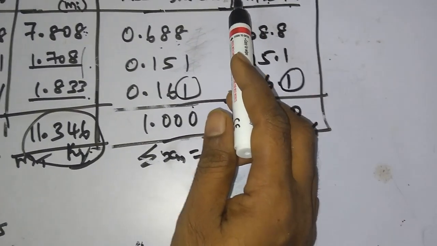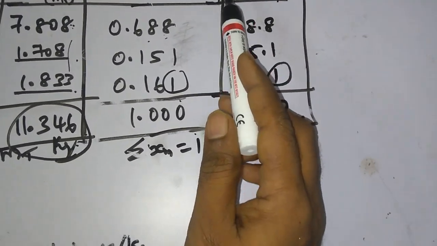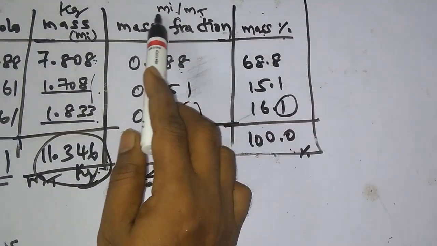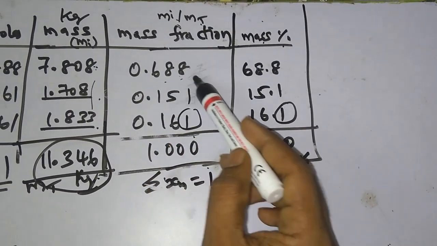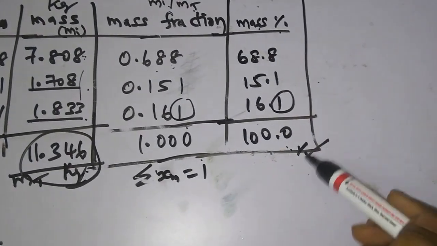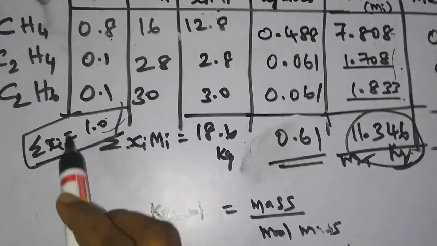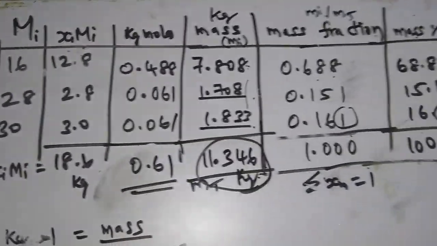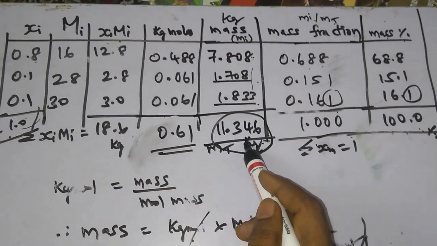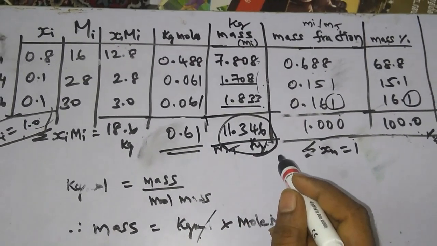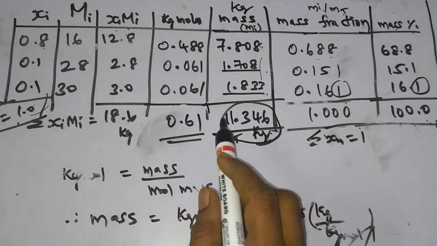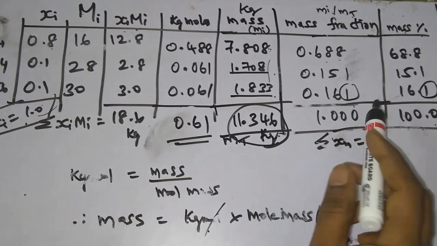Then, in excess of what is asked in the question, we expressed the mass fraction in terms of mass percentage also, which we get as mi by mt into 100. So multiplying by 100, we got the composition in mass percentage also. Okay, so we have mole fraction and mass fraction. The intermediate step we have done is to make use of the average molecular weight of the gas mixture, to convert the given data in kg to kg mole and to get these mass fractions.